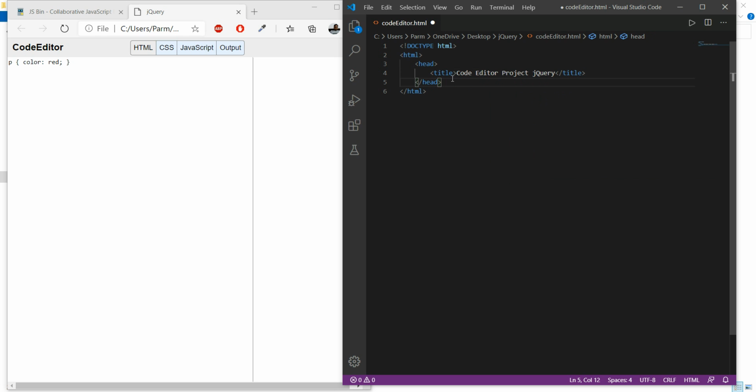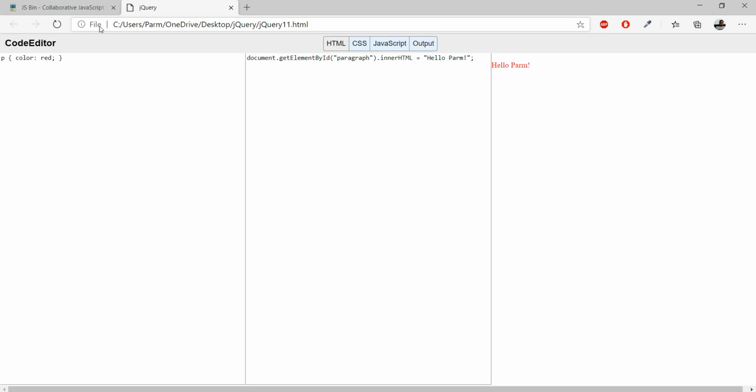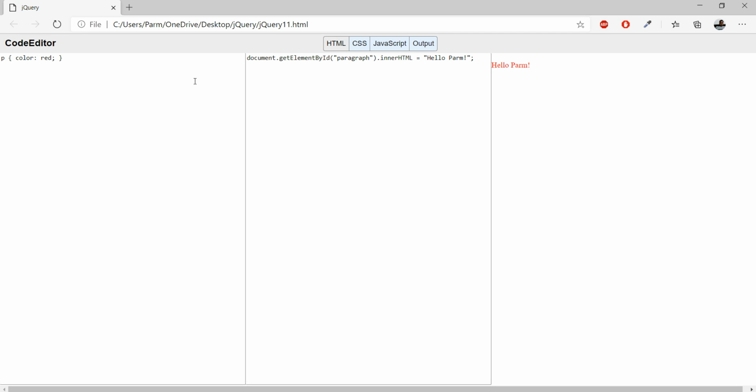Then we have to write its body part. First we have to design this upper portion. Here we have to design. For a moment I'm just removing this and taking the base as this. So here we have to design this upper portion before that.